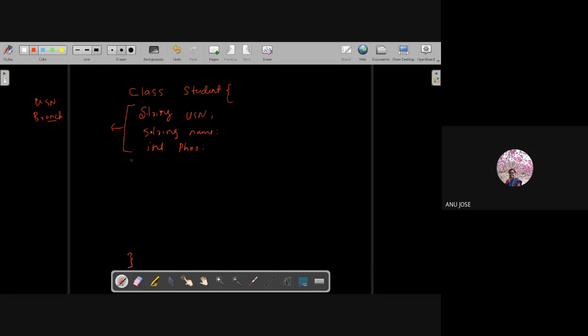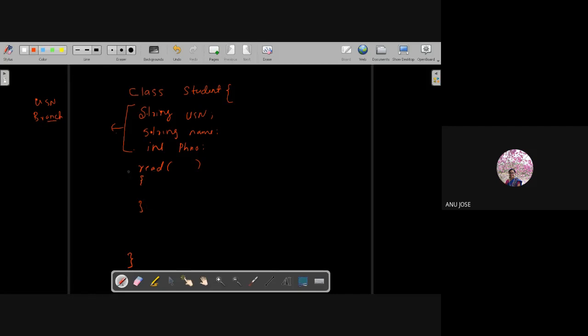And as I mentioned, you have to write two functions. What are the functions you need to write? One is reading the input from the user and another one is for printing the details of that particular student. So I am just writing two functions. One is read. Inside that I can transfer the parameter from the main, or inside the read itself I can read the value from the user. That is your choice what way you write the code.